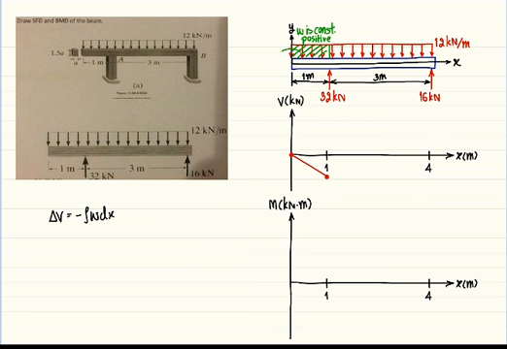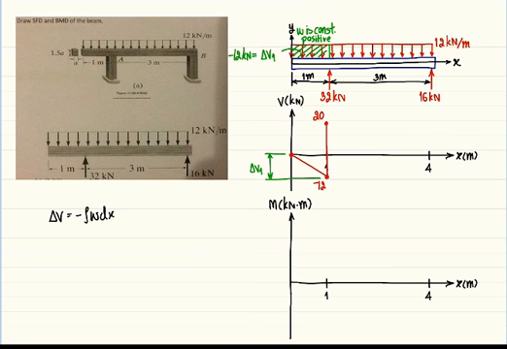And this area shows delta V1, and that is equal to minus 12 kilonewton. So this V value is minus 12 because delta V1 is a change in V value from this point to 1 meter. And then due to the 32 kilonewton, the graph increased by 32, so the V value is 20,